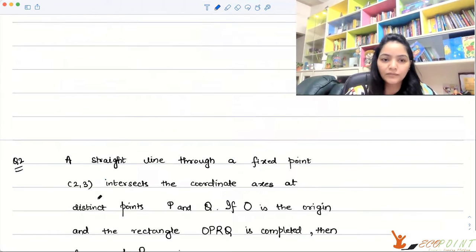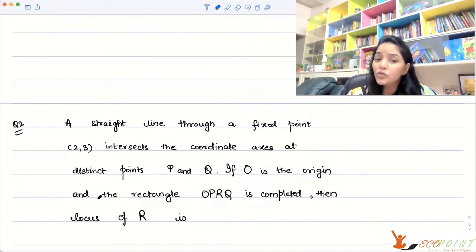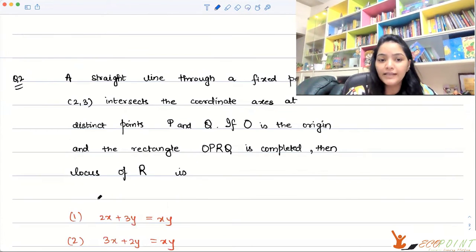Next question. A straight line through a fixed point (2, 3) intersects the coordinate axes at distinct points P and Q. If O is the origin and the rectangle OPRQ is completed, then the locus of R is,